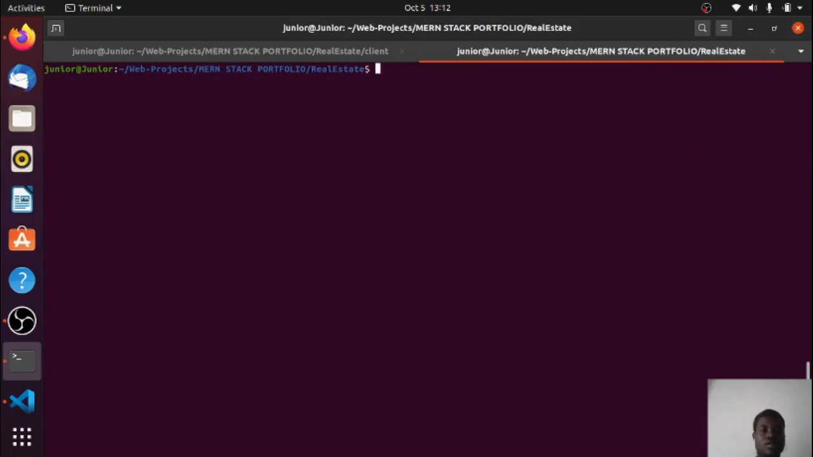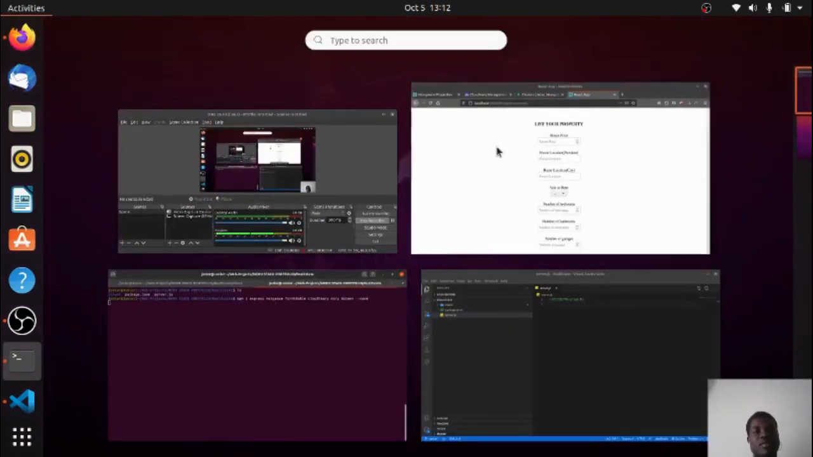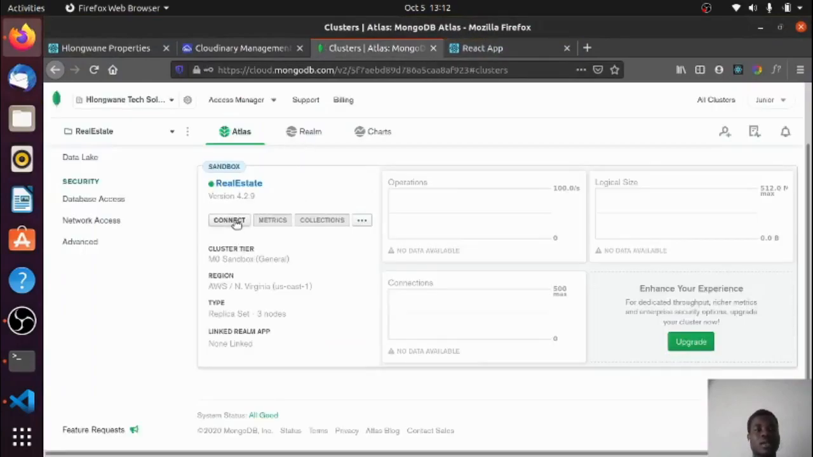So here in the server, I'll say npm install. We need express, we need mongoose, we need formidable, we need cloudinary, we need cors, this is for uploading, and then the rest, when we need anything, we'll definitely add. Oh, we'll need dotenv, and finally, that will be it. And I'll need to install nodemon because I'm not a fan of restarting my server always. Right, so now we come here to connect,